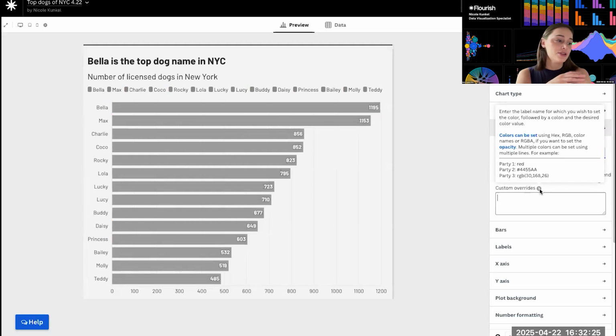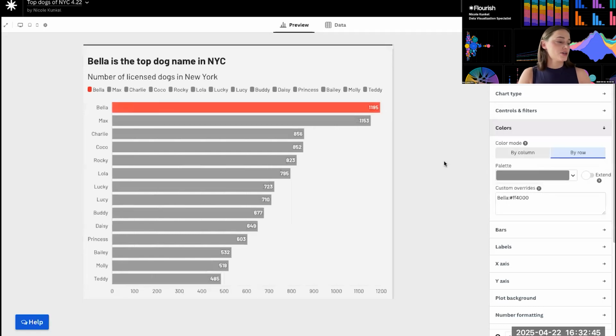settings in Flourish. This is telling me, hey, to change the color selectively of any of your elements, you have to give the name of the bar, followed by the name of a color, a hex code, or an RGB value. So I'm going to paste that hex code there, and now Bella is going to be highlighted.